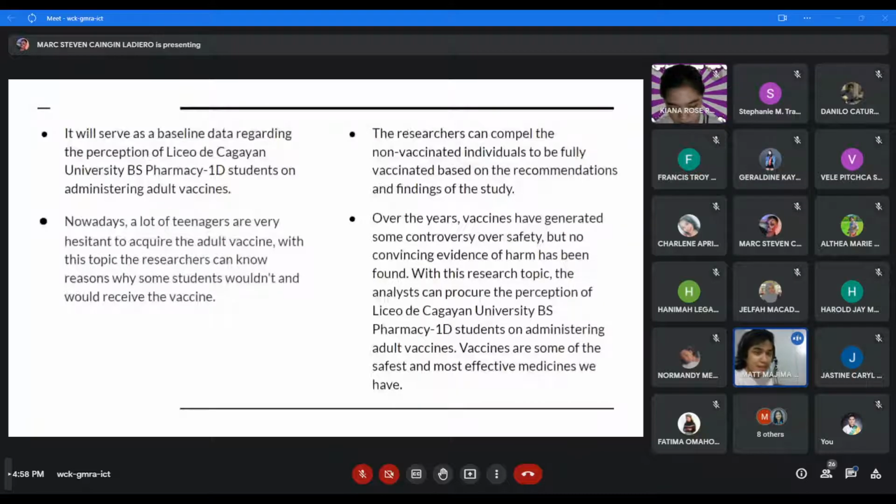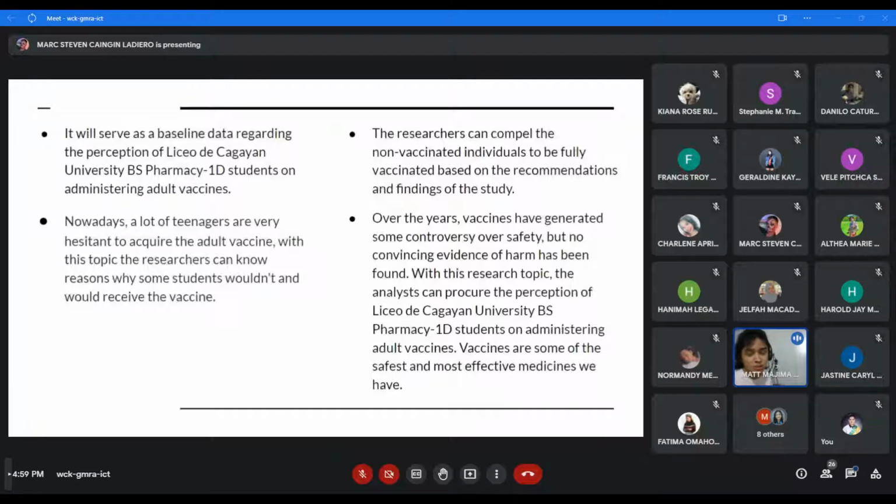Firstly, it will serve as baseline data regarding the perception of Liceo de Cagayan University BS Pharmacy 1D students on administering adult vaccines. Second, nowadays, a lot of teenagers are very hesitant to acquire the adult vaccine. With this topic, the researchers can know the reasons why some students would and wouldn't receive the vaccine. Thirdly, the researchers can compel the non-vaccinated individuals to be fully vaccinated based on the recommendations and findings of the study. And lastly, over the years,